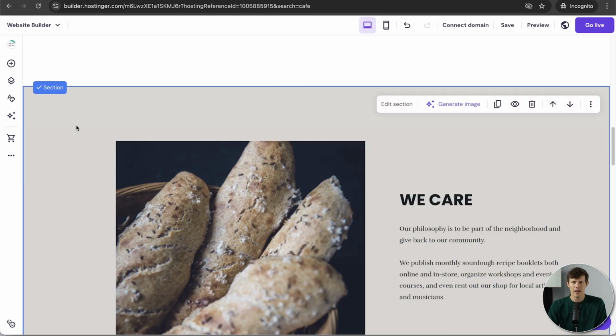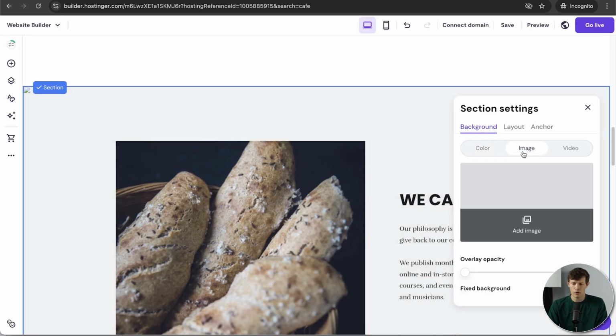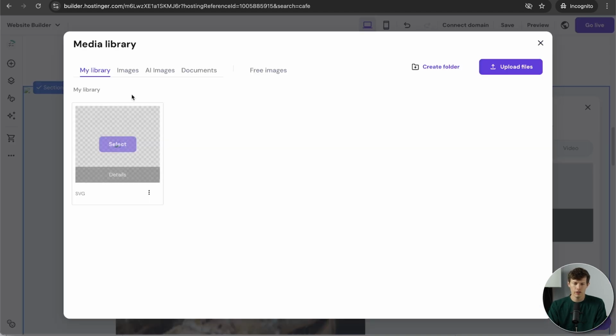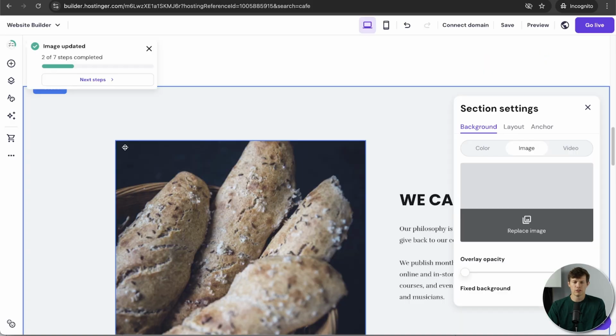But some other things we can edit with this section right here. Like I said, click on edit section. You can change the background. Right now, it is just a basic color. You could also make it an image if you wanted to have just an image in the background. Let me show you something in a second. If we go to images, let's upload a file. Now, this is not going to be a great example, but just to show you,